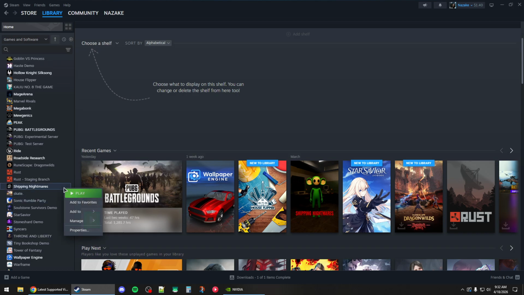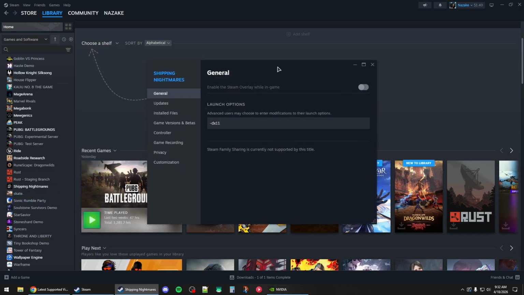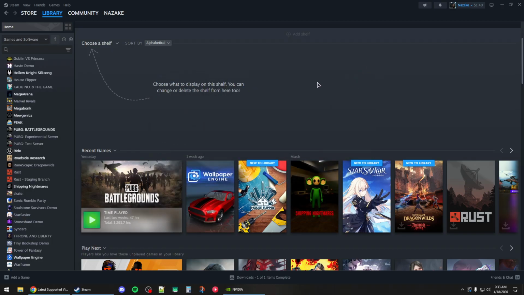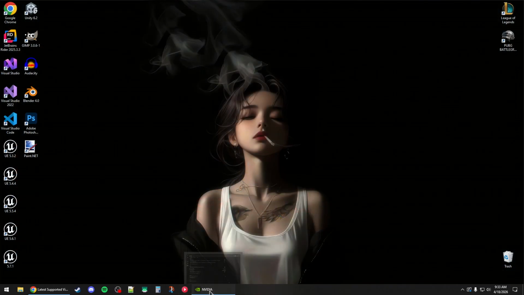First, you want to right click the game in your library, open up the properties, and then in the general tab, you want to add -dx11 to the launch options, and then go to installed files and verify the integrity of game files. And once this process is completed, you can close Steam, and then you will need to make